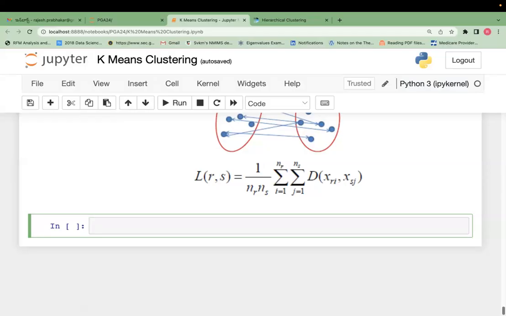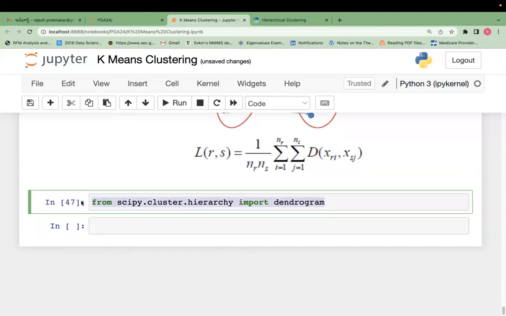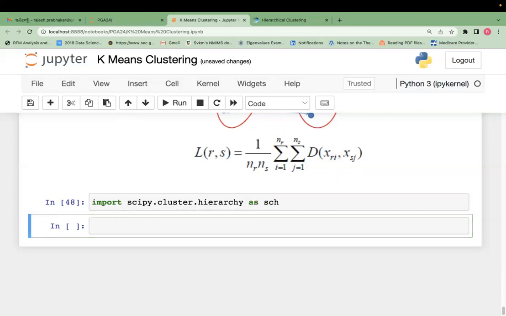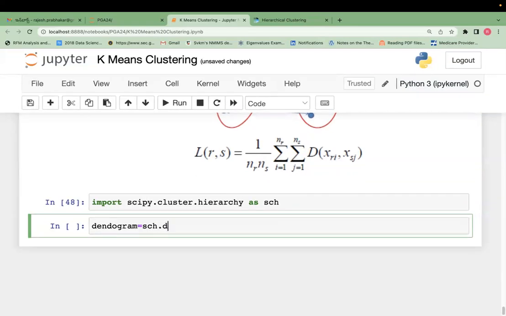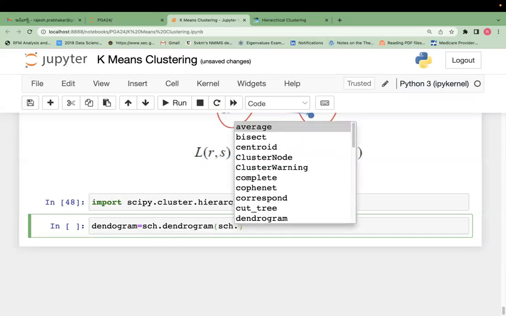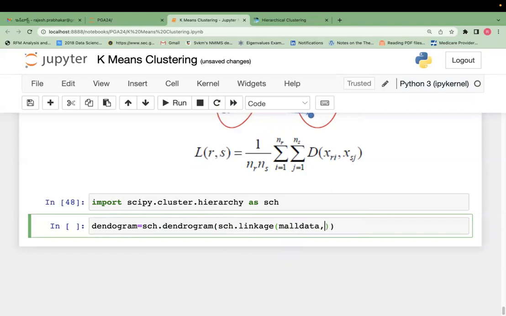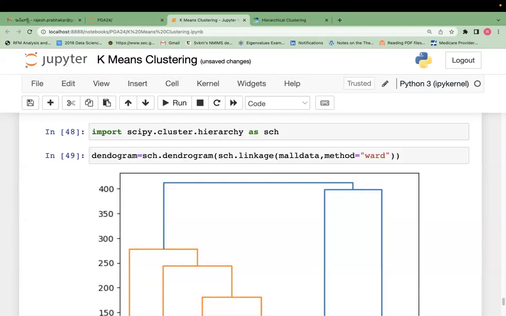So in yesterday's data, all of you can open yesterday's notebook and run all the cells where we have done the k-means clustering. We have to import other functions also: import scipy.cluster.hierarchy as SCH. Here we have to import multiple functions, so we can use the SCH thing. dendrogram = SCH.dendrogram(SCH.linkage(mall_data, method=